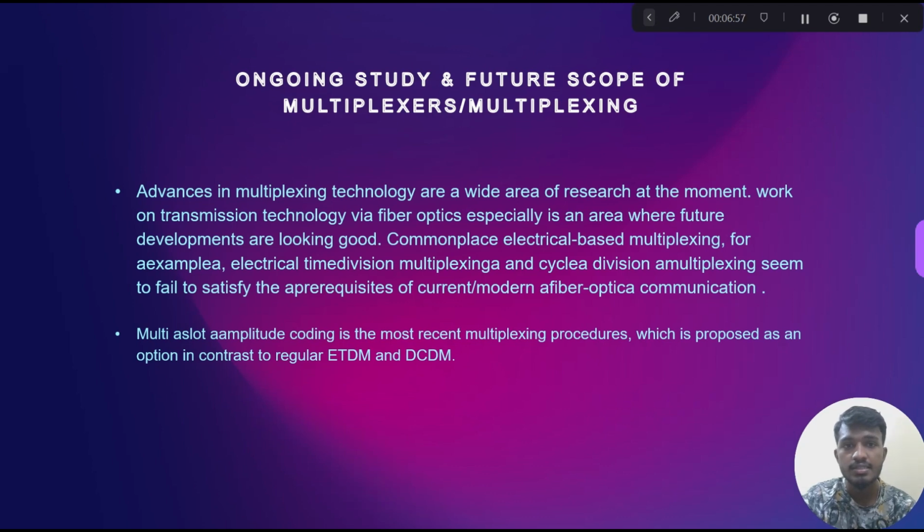Ongoing studies and future scope of multiplexing. Multiplexing technology is an active area of research, for example in electric transmission, multiplexing cycle division, automatic screens and security appliances. Multi-amplitude coding is the most recent multiplexing process, which is proposed as an option in place of regular ATDM and